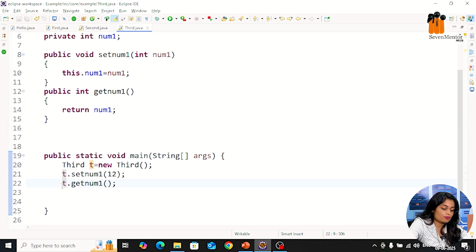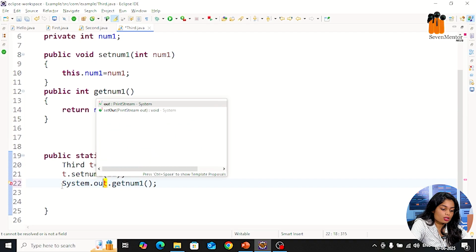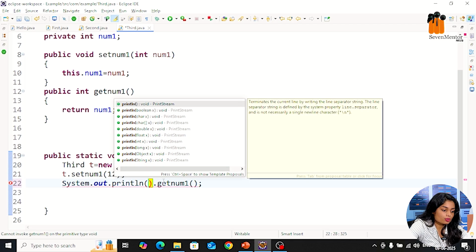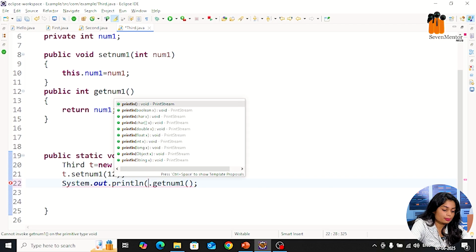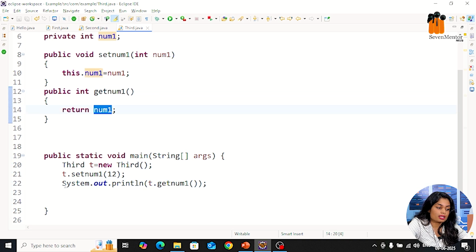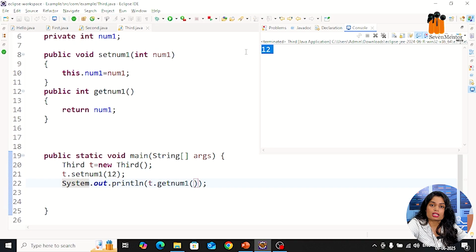So here I have to use System.out.println, and inside that we are going to simply call the method, that is t.getNum1, because this is an object oriented bottom to up approach. So simply when you call this, it will go to here, then return num1, and then you are just going to print it from here. Then we are just going to run this. You can see I am getting the 12 value.